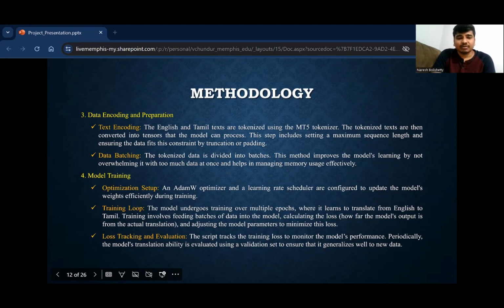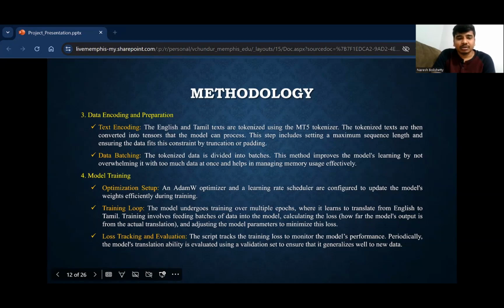training. For model training, an AdamW optimizer and learning rate scheduler are set up to efficiently update model weights. Through multiple epochs, the model learns English to Tamil translation by processing data batches, calculating loss, and adjusting parameters to minimize it.